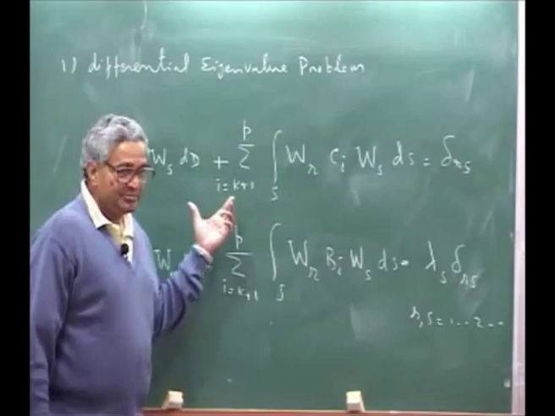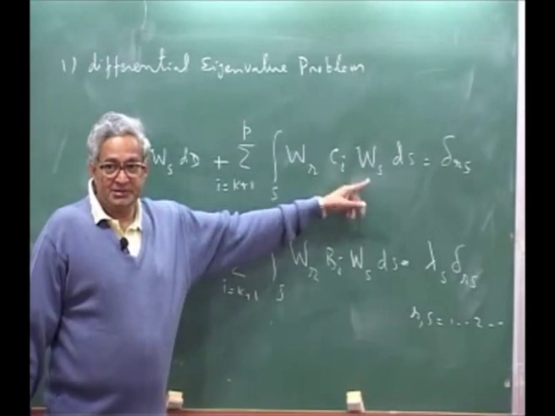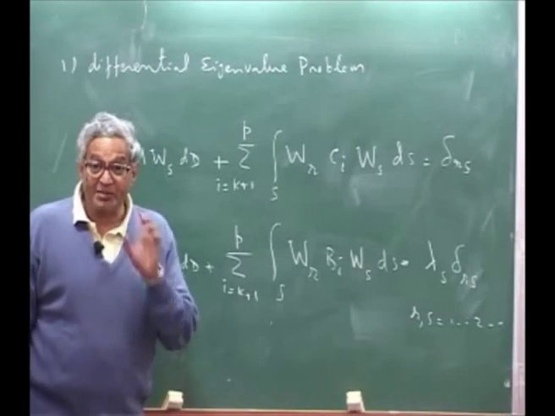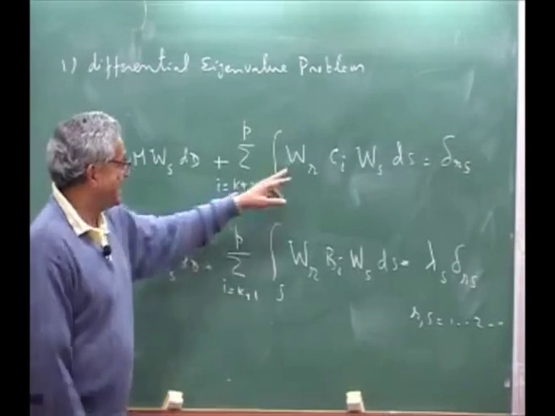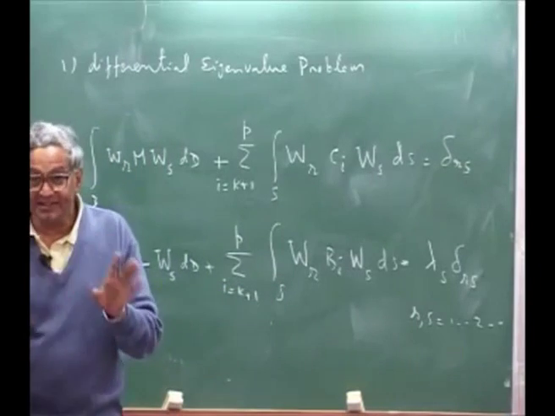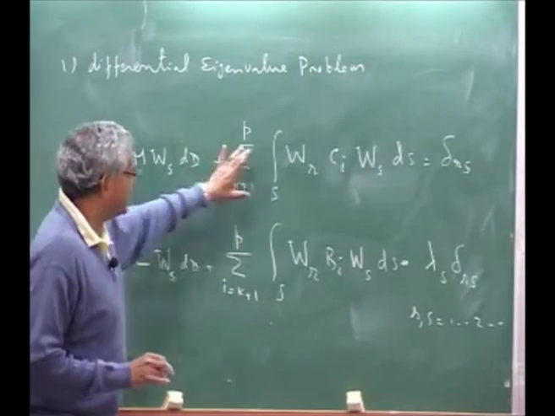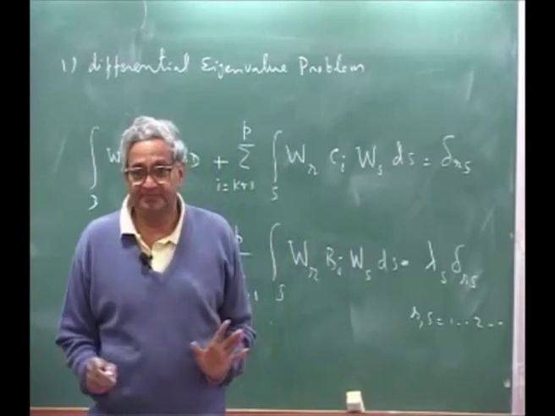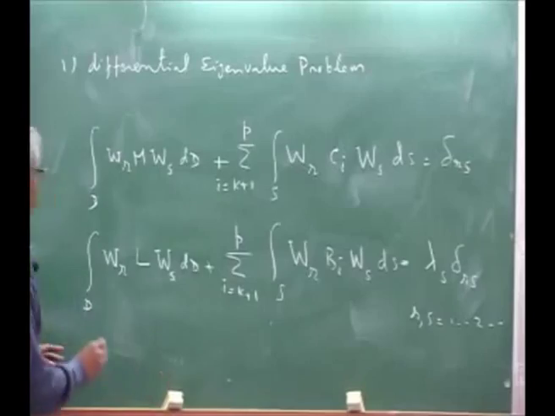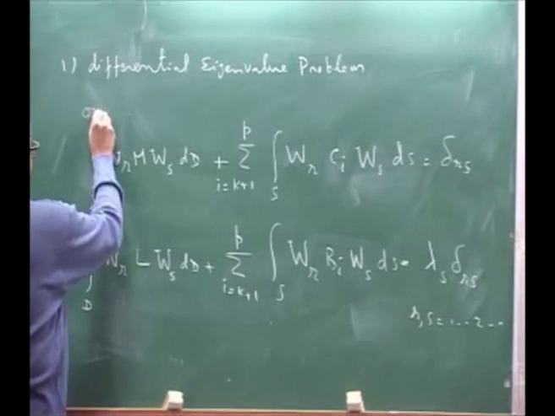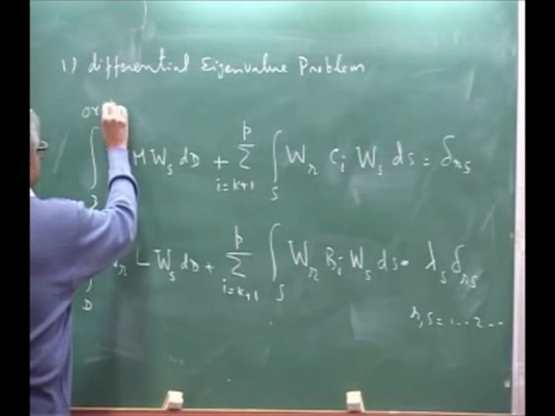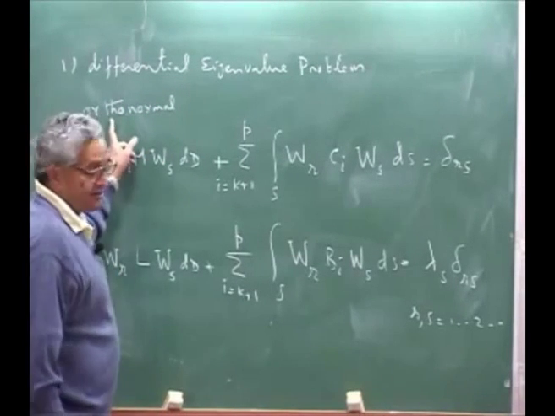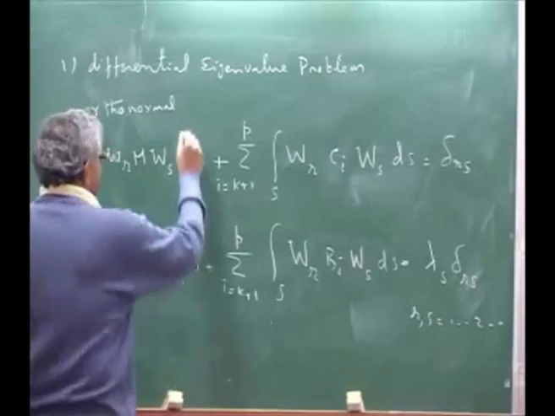They are orthogonal because when R is not equal to S, they are 0. But when R equals S, you normalize it. That is what is called normalizing the eigenfunction, such that this term becomes 1. Otherwise, it will have some value. That is why you call them orthonormal, orthogonal and also normal eigenfunctions.